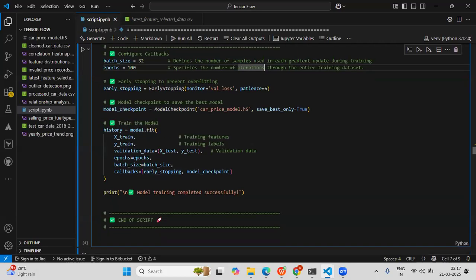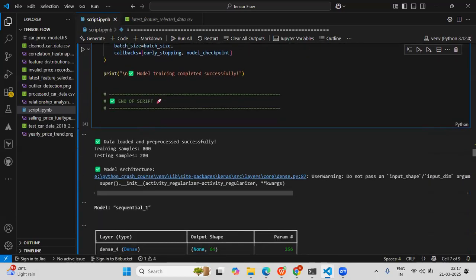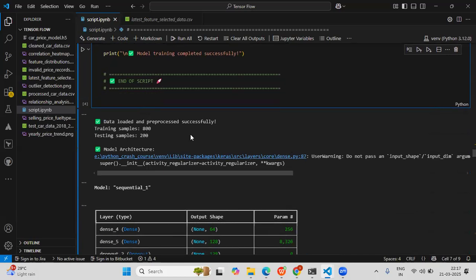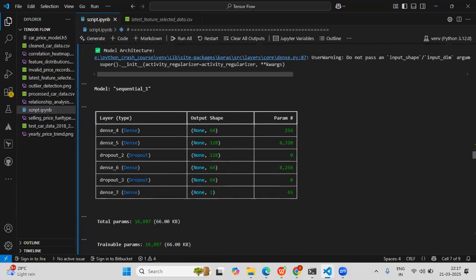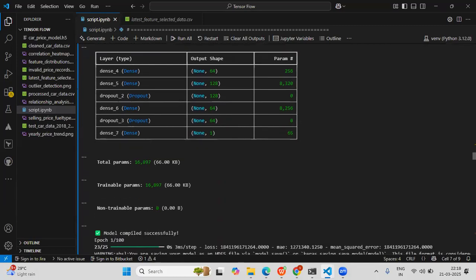So after that, this is the data loaded and split into training sample and testing sample. And this is the sequential model, where we have the parameters and input layers, and some hidden layers also.